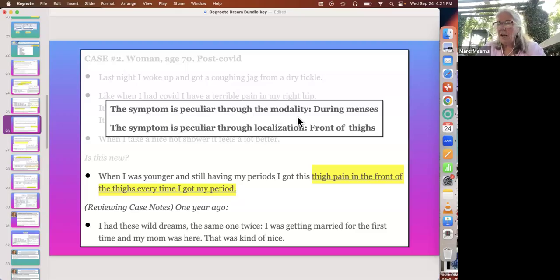And I just selected a couple of them to represent this symptom. Peculiar through the modality. In this case, her pain in the thighs was during the menses, and peculiar through the localization, the front of the thighs. So these modalities, these peculiarities of this symptom actually are going to elevate it in my analysis almost to the level of what you might call a strange, rare, and peculiar. Okay?